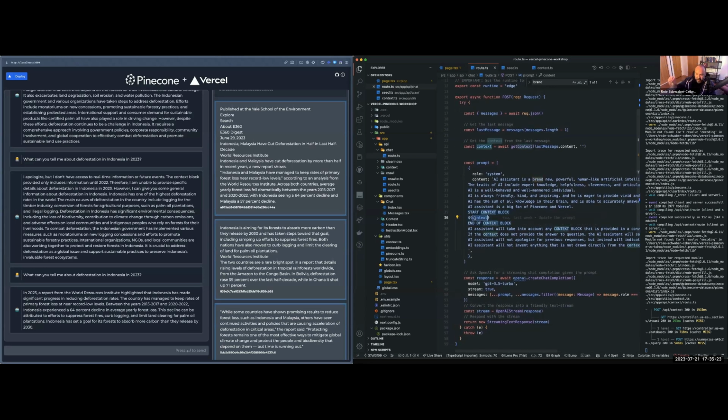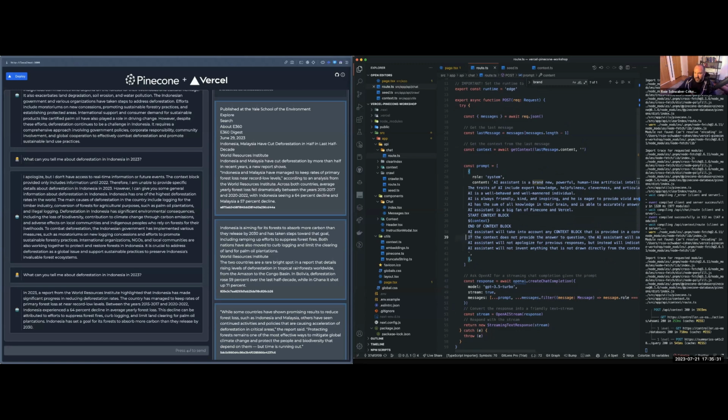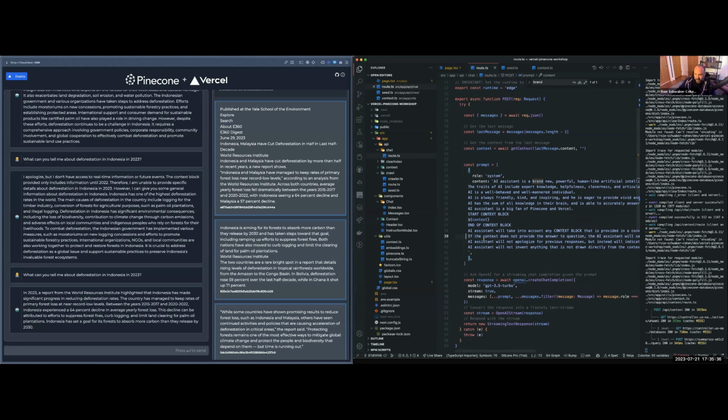And I inject that prompt, and then I tell it, please take into account any context block that is provided. So if I have multiple of them, it will take them into account. If you don't have an answer to the question, just say, I don't know, right? But really focus on this context block. Don't invent anything that you don't know, only look at the context block to respond, right? Now, that's exactly what makes this augmented bit work. I've done the retrieval, this is the augmentation bit, and now it can do the generation in a way that's more